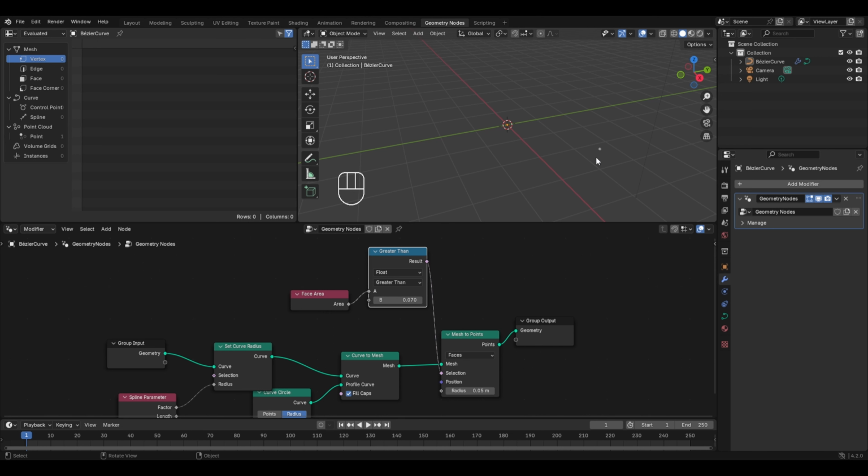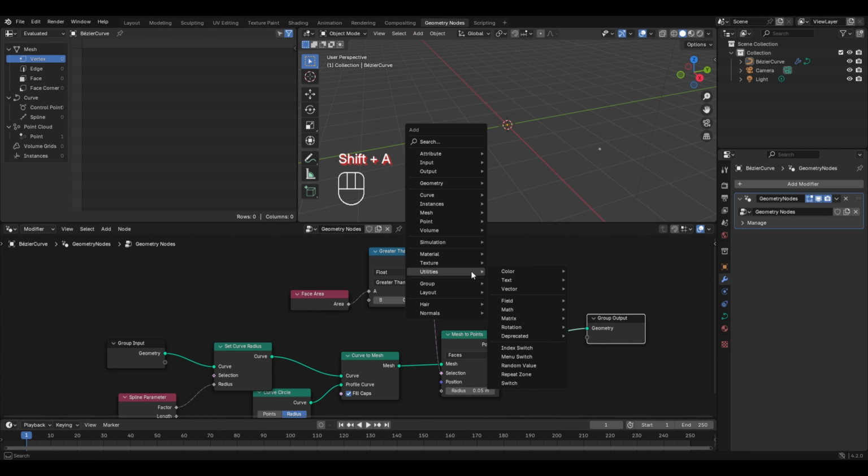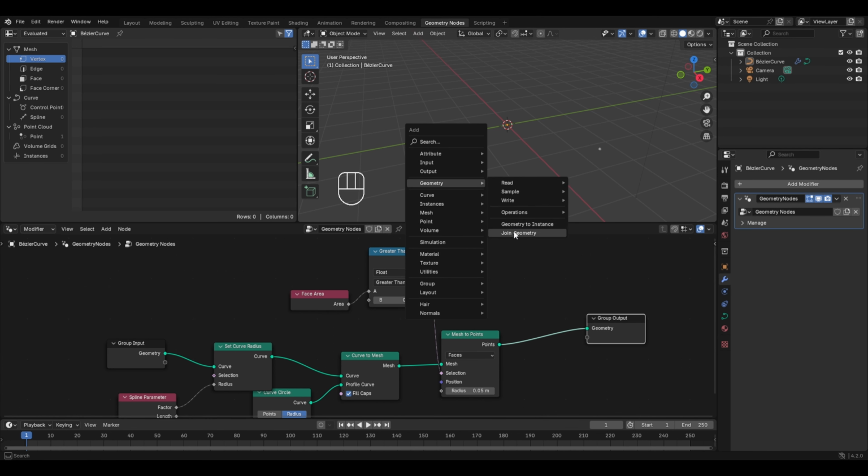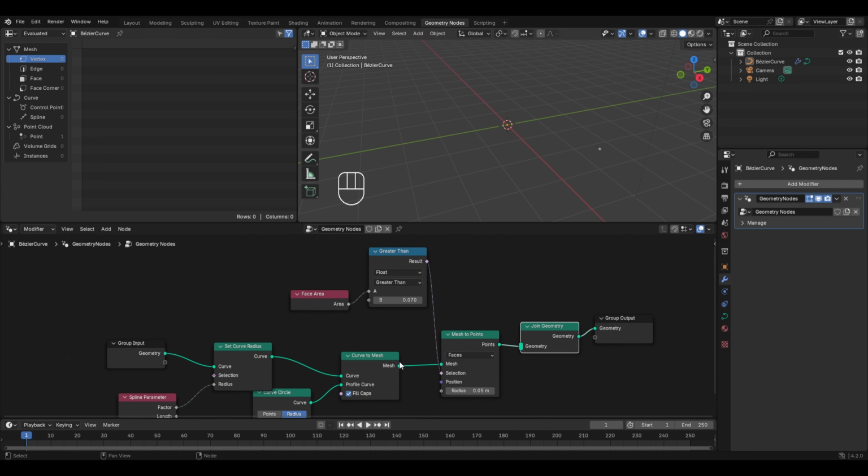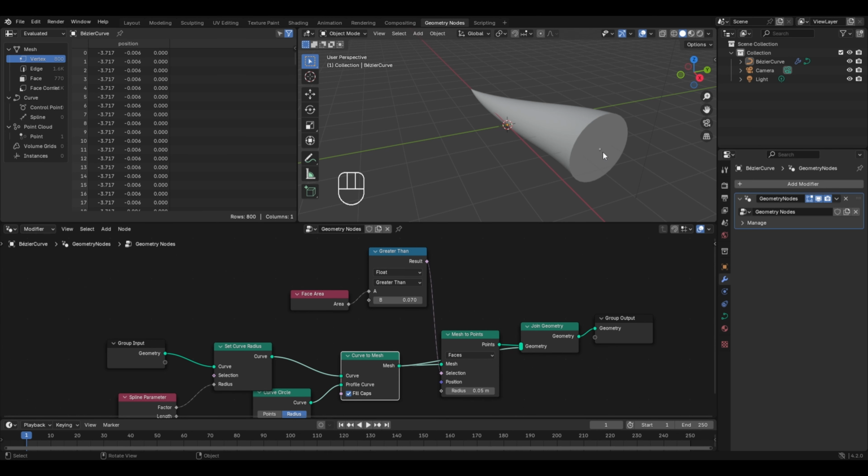Now to view the rest of the body along with this point, we'll be using the join geometry node. So press Shift plus A, go to geometry, and select the join geometry node. Let's place it over here and connect the mesh socket of the curve to mesh node to the join geometry. Now we have this body of the dragon along with this point on that face where we'll be placing the